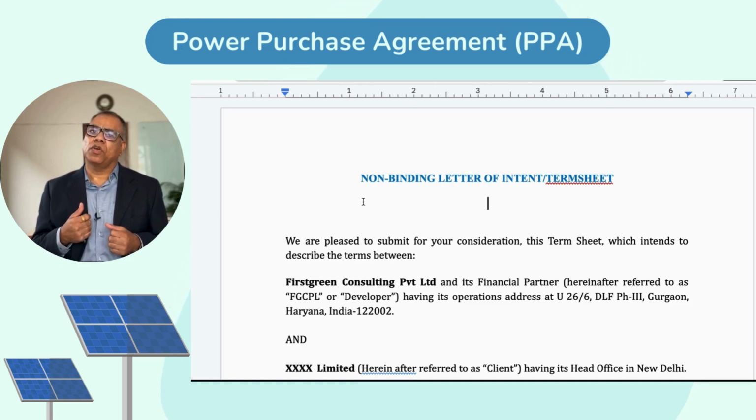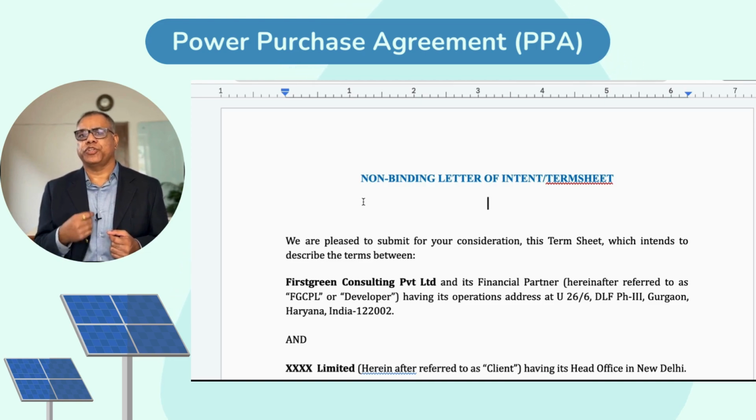In today's session, we are going to discuss one very important document. This is known as Power Purchase Agreement, in short, PPA. So if the PPA is signed for a project, then it becomes a real project. And if you want to get financing done, then PPA is the major document which is required by any banks